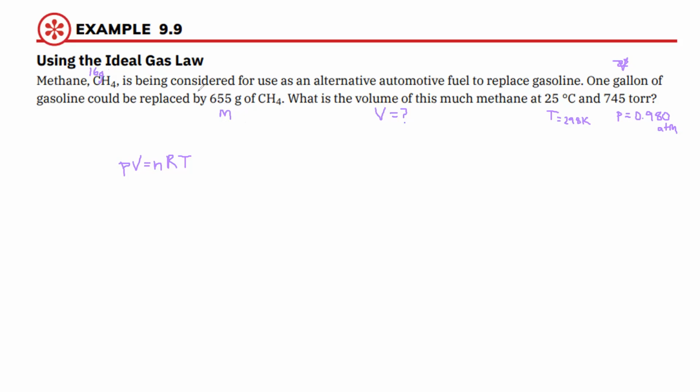But with it, that'll give us, so we don't want mass, we want moles, N. And when we divide by the molar mass of just over 16, what we'll see is in this many grams of methane, there'll be 40.8 moles. So now when we look at this equation, again, we're solving for volume. So we can really divide both sides by pressure. And we'll get volume is equal to